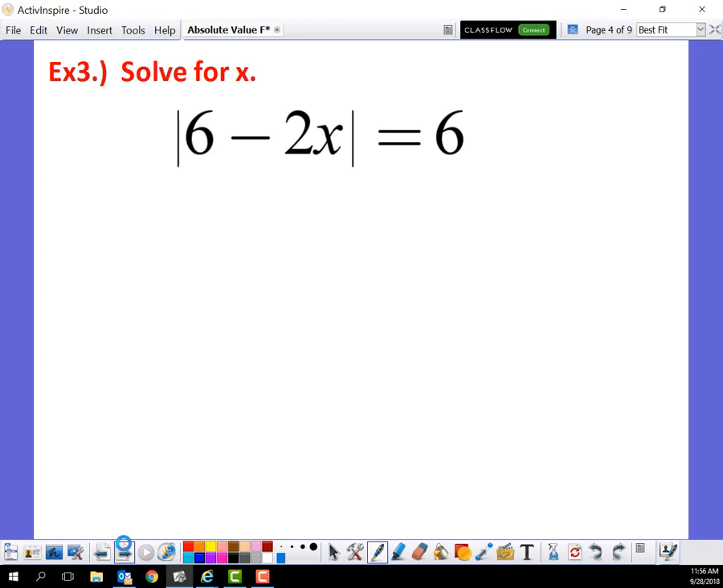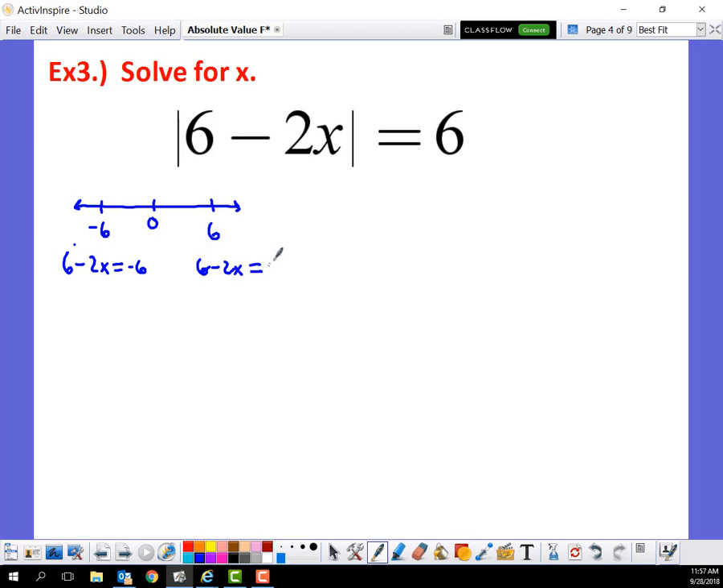Okay, hopefully you paused the video and worked on this problem, so I'm going to show you what I would do here. So I've got my number line, and this is asking me where can you go that are 6 steps away from 0, and there's 2 places. You can either go to positive 6 or you can go to negative 6. So then what I do is I take the inside of my absolute value and I set it equal to negative 6, and I also set it equal